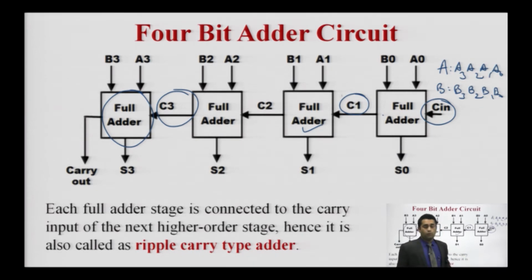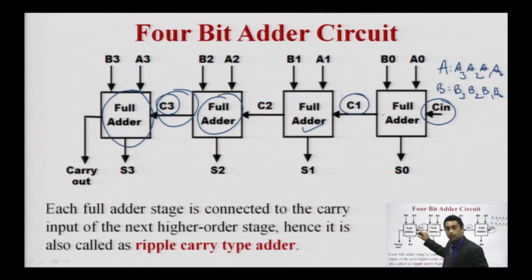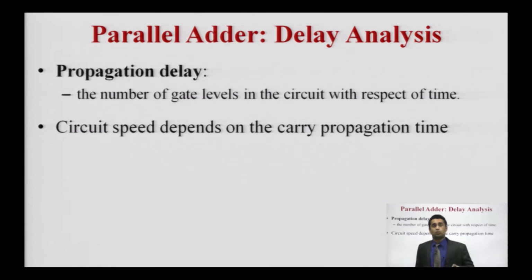So, if we are talking about this type of problem, how do we take this propagation delay? What is this propagation delay? Here, where the dependency is there, this full adder is waiting for this full adder to compute the carry 3 to take as an input in itself. This is known as the propagation delay. It basically depends on the time a particular gate takes, and this relates to the performance of a particular circuit.